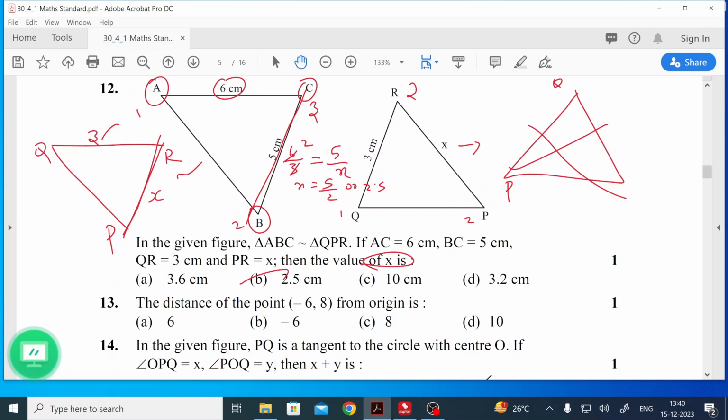So we have to draw the diagram clearly, then only you will get the idea. If you move with the given diagram, definitely you will make a mistake. Do you understand? Right. Next,